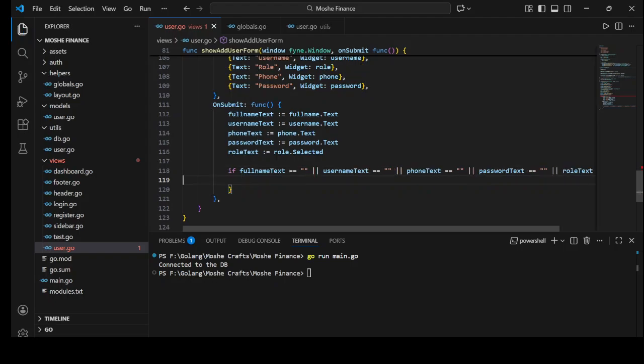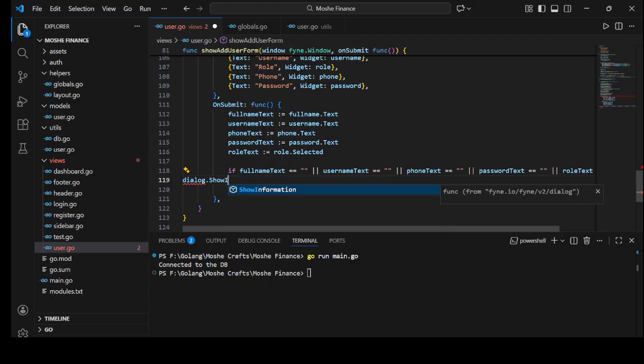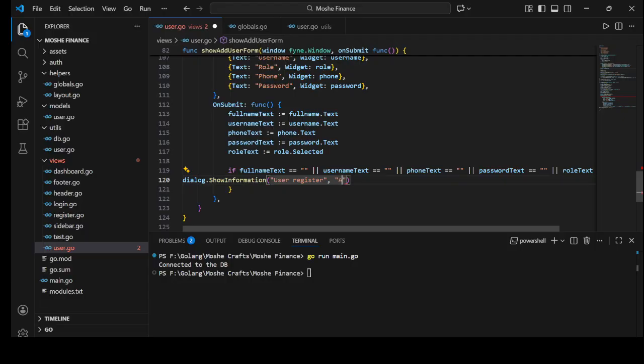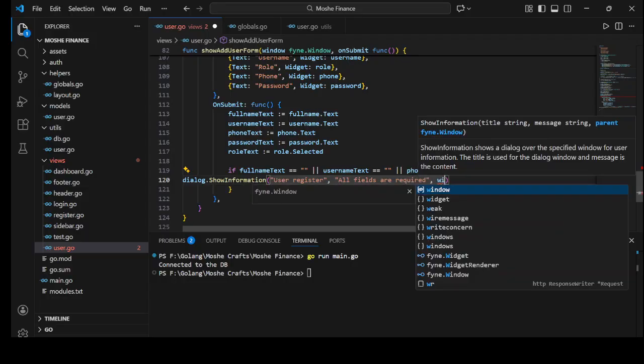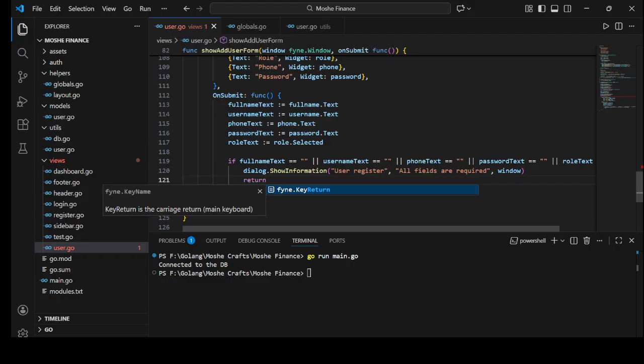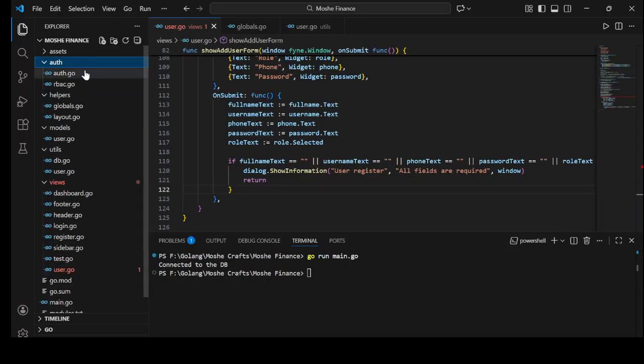If any of them is empty, you're just going to display a dialog. Just say dialog, your information. Now this title helps me to know which portion of the code this dialog is coming from. So I can say all are required. Then you can pass in the window. We're going to return. Okay. Now, after we have successfully done this, we have to register the user, of course, using this function here